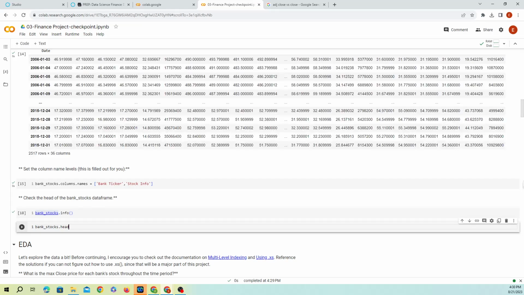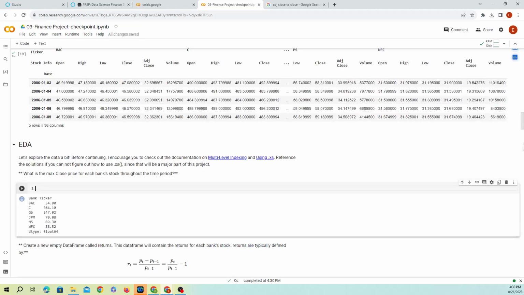Now what we're going to do here is show how we can figure out the maximum value of our data, so what was the maximum value in closing? Like, what was the closing price in the period that we have right now, January 1st, 2006 to January 1st, 2016.